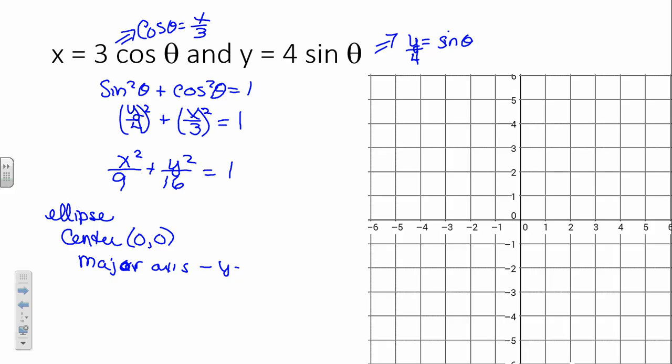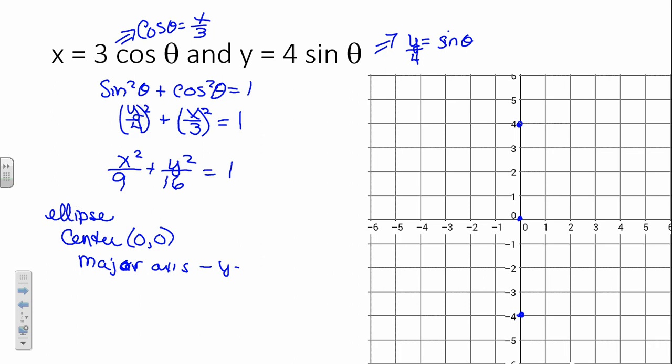Okay, so the y-axis is the major axis. So we know that it is a vertical ellipse. And then what? So from 0, 0, our vertices are at